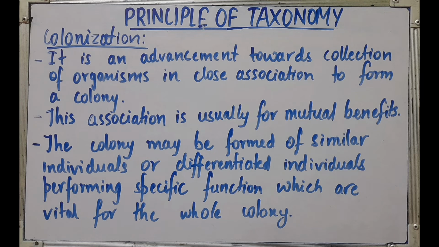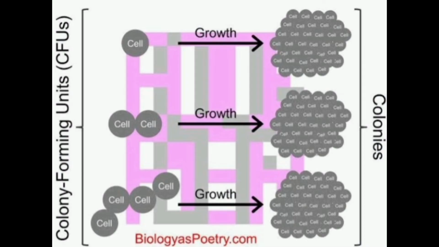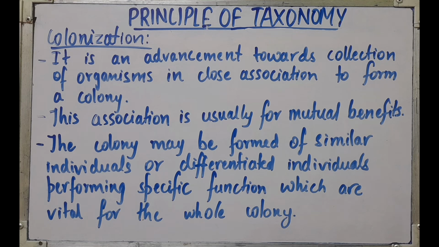The next one is colonization. It is an advancement towards collection of organisms in close association to form a colony. A colony is composed of two or more conspecific individuals living in close association with or connected to one another. This association is usually for mutual benefits such as to prevent extinction, stronger defense, or the ability to attack bigger